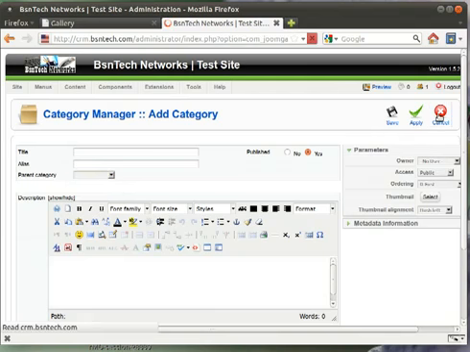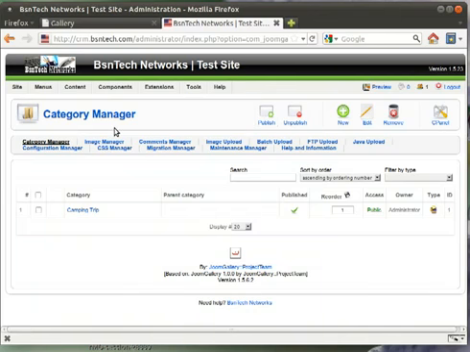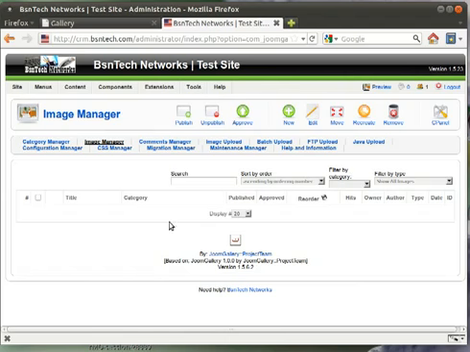Well, the next thing we're going to go ahead and do is go into the image manager, which will then allow us to add images to the site. So first of all, if we click on image manager, you can see there are of course no pictures added to the site right now. But if we do click on new,